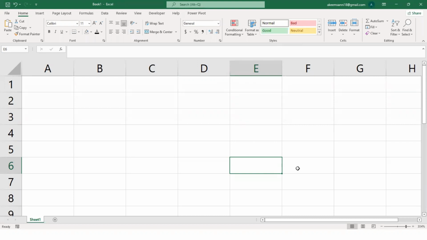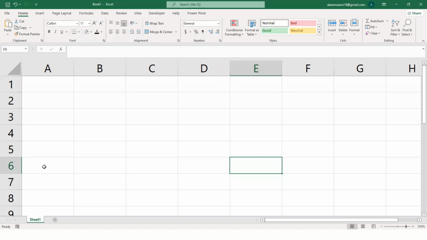Wow, I have a lot of fantastic people right here. Pro in Excel, congrats to you. You are already a pro in Excel. A lot of people are actually getting it right. E6, right? So clap for yourself, you are a pro already. Now just type it there that I am a pro. You are a pro already, right?